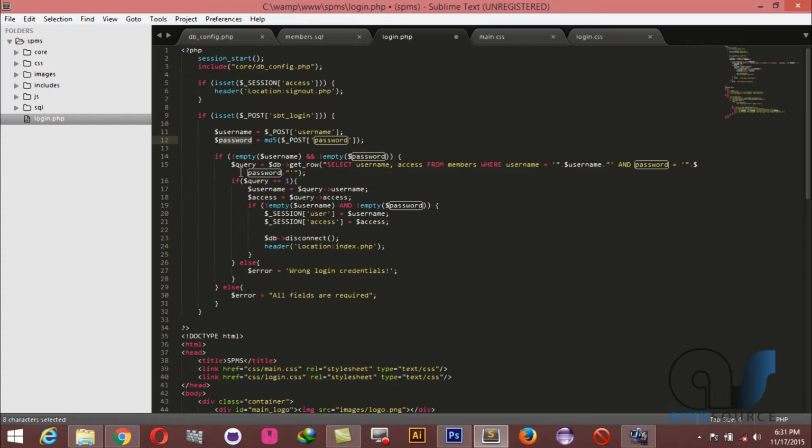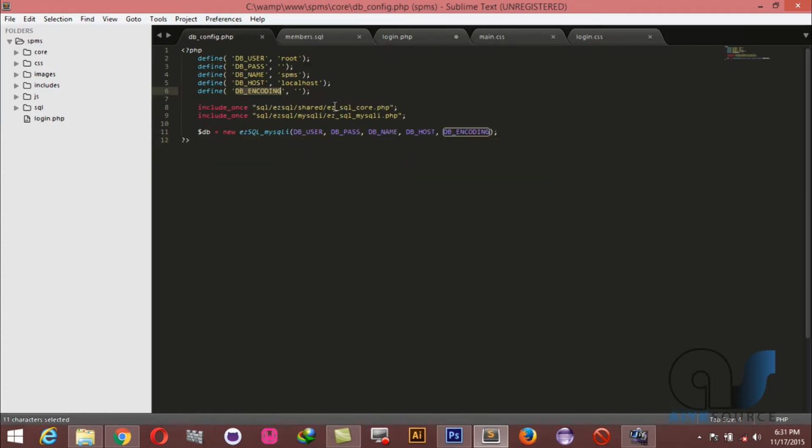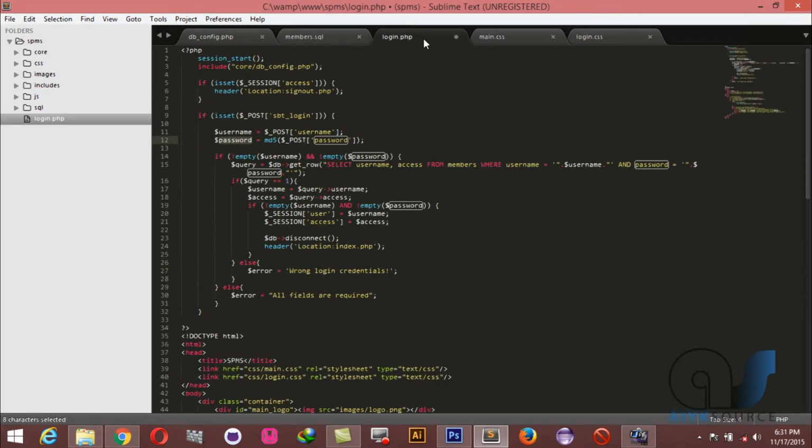So we go ahead to create our query. So we say query equal to db. This db we created in our config file right here. It's our connection string. So we say db get row. So we select username and the access from the members table where username is equal to the username that came in from our input field and password is equal to the password that came in from our input field. Good. Now if this query that we just ran is equal to 1, so if it returns a data or something,